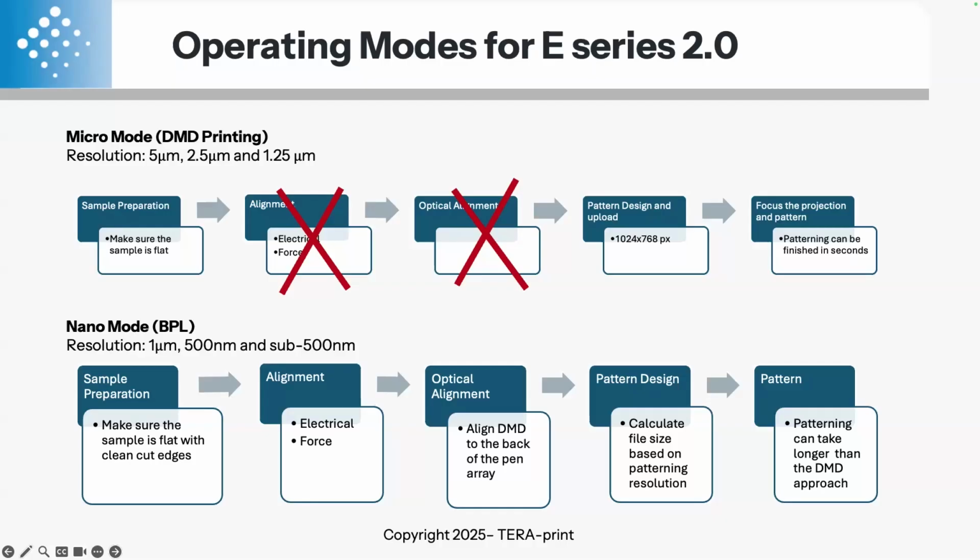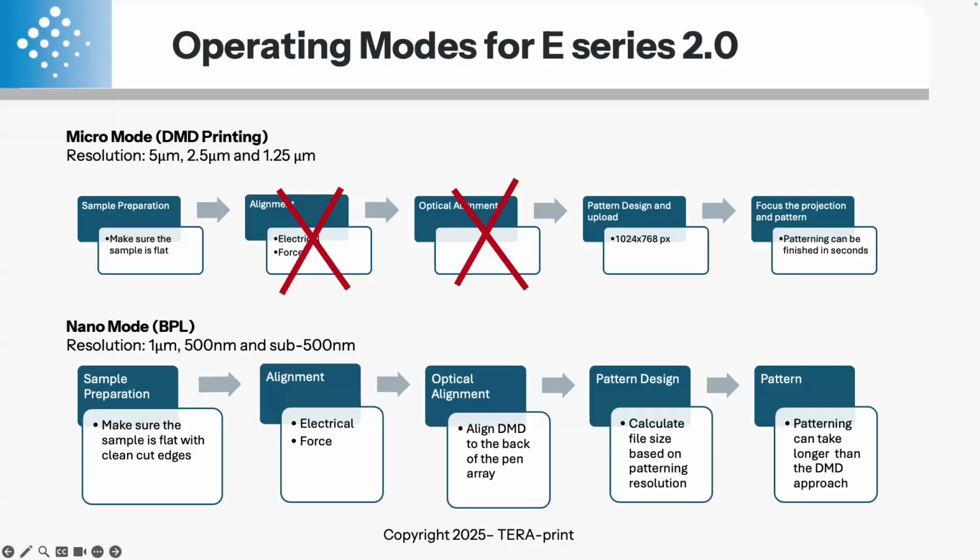If you need something that's at maximum 2 micron and to sub 500 nanometer, this is when you want to use the nano mode, the BPL mode. You want to prepare a substrate that's flat with clean cut edges, and you will go through electrical alignment or force alignment to make sure your substrate is in parallel with the array. And then you align the 30,000 beams to the back of the pen array to make sure the pens can